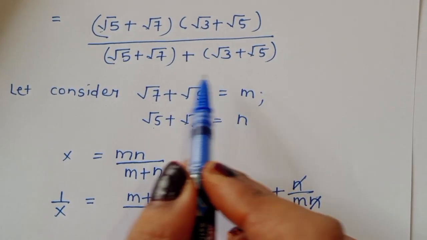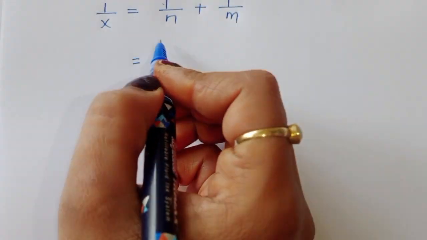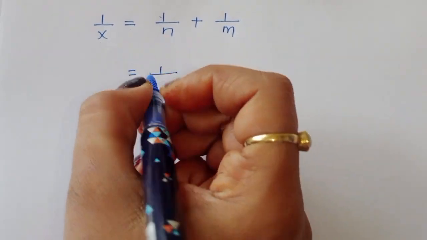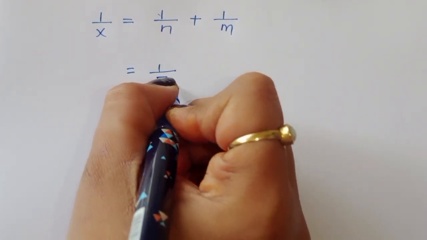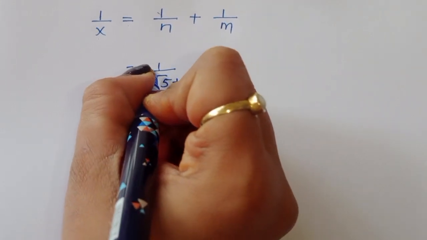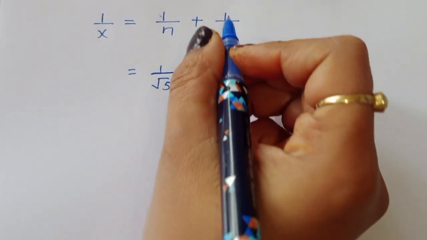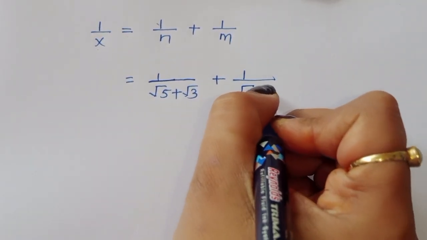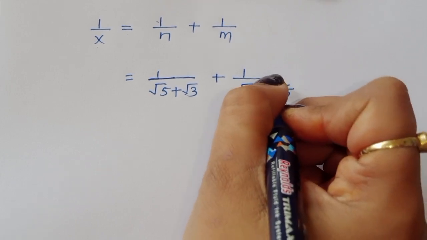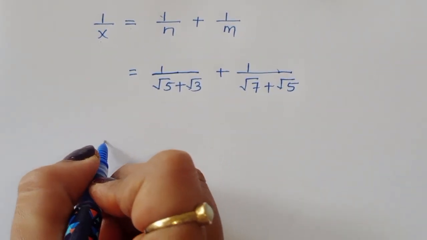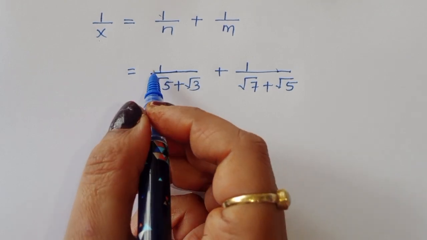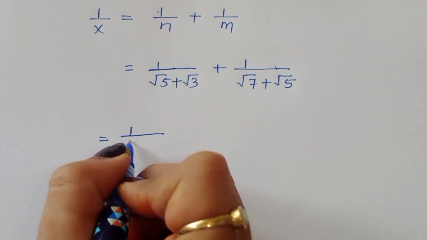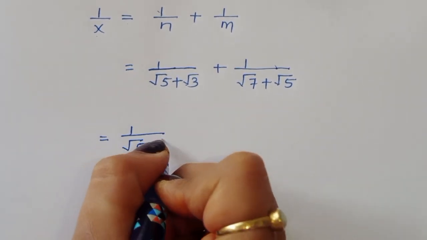So we have to substitute this value here in n and m. So 1 upon n, that is square root of 5 plus square root of 3, plus 1 upon m, that is square root of 7 plus square root of 5, right? Now 1 upon x is equal to 1 upon square root of 5 plus square root of 3,